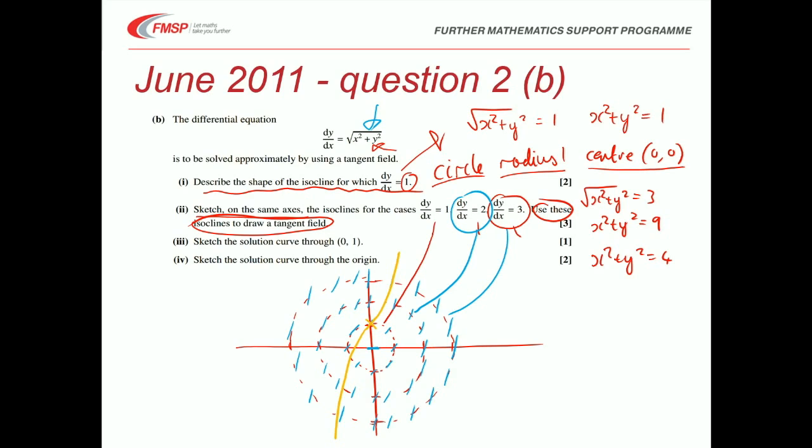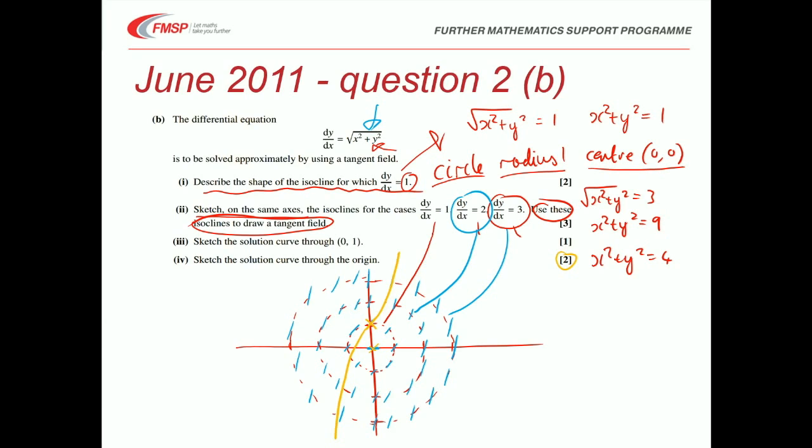The interesting thing is that the next question is exactly the same. Sketch the solution curve through the origin, but they're giving you 2 marks for it. So your warning bells should go off: what are they asking to do that's different? And this is what I noticed earlier, that we didn't have a gradient at the origin, so unless you spotted it earlier, you'd now need to put it in. The gradient must be 0 at the origin from checking this,